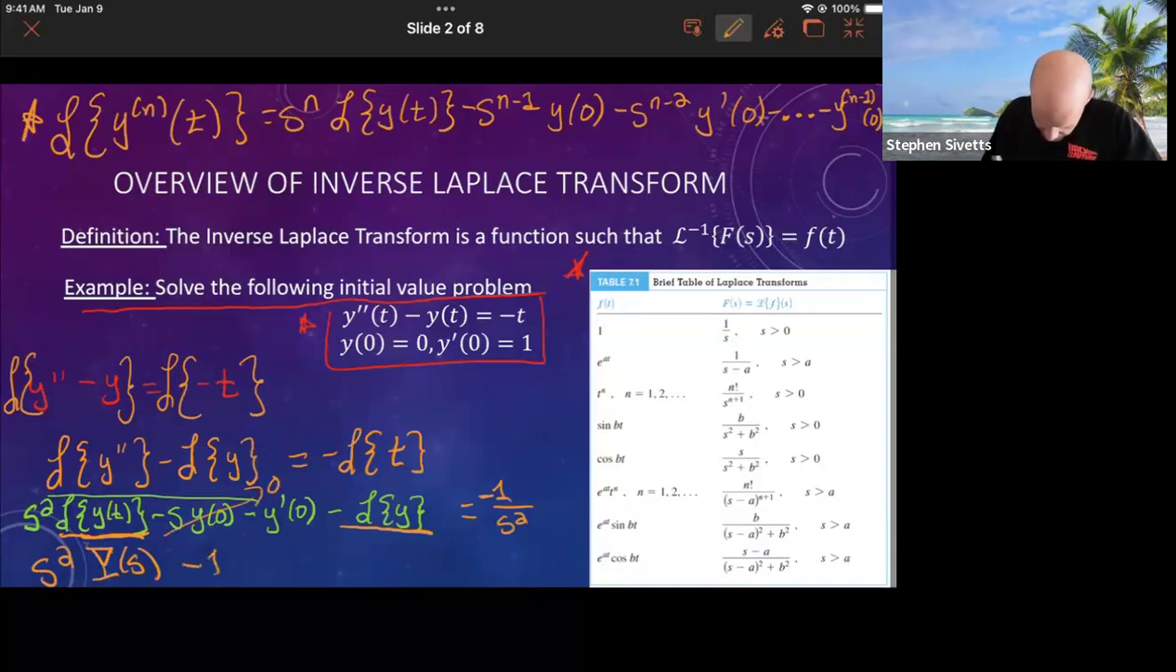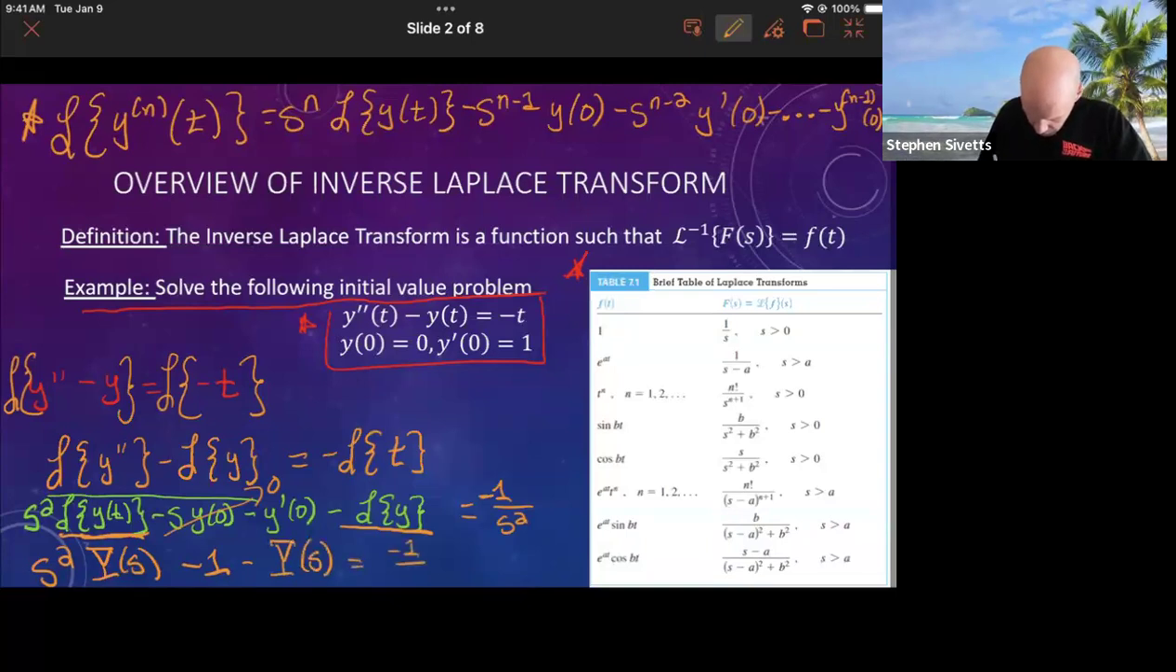So the left-hand side is just s squared times a function in S minus a function in S equals negative 1 over S squared. Negative 1 over S squared. So if I erase this here,